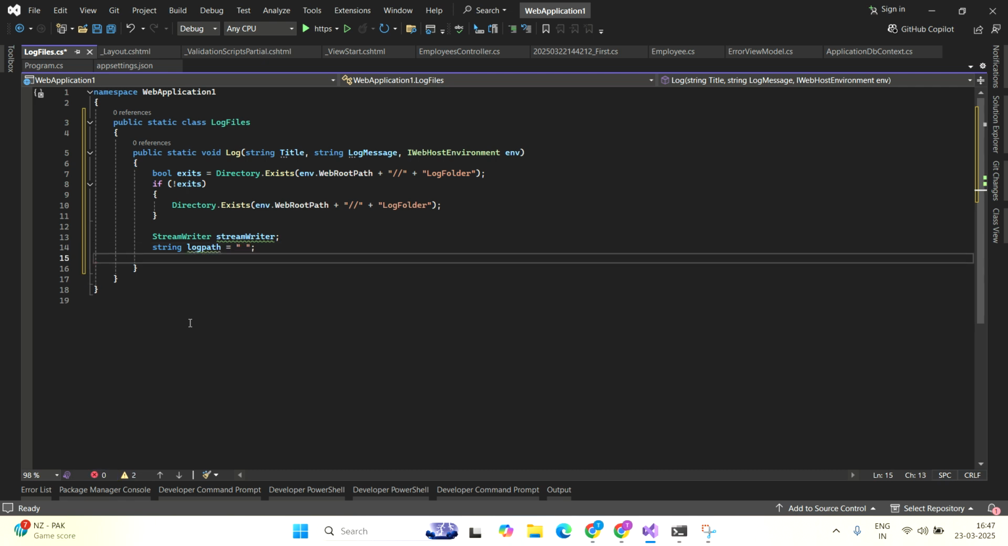Because here we are creating the log folder, but where do we have to create the text file, so that the exceptions are stored in the text file only? I'm linking this folder to the text file. Okay,